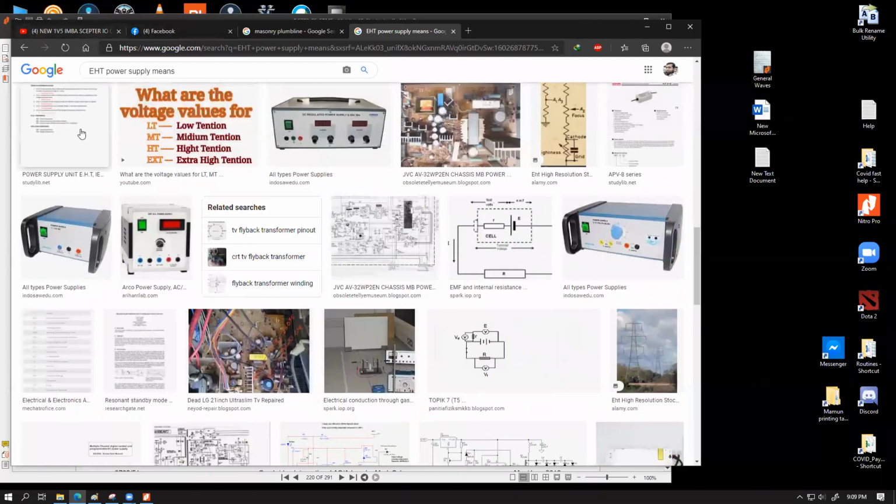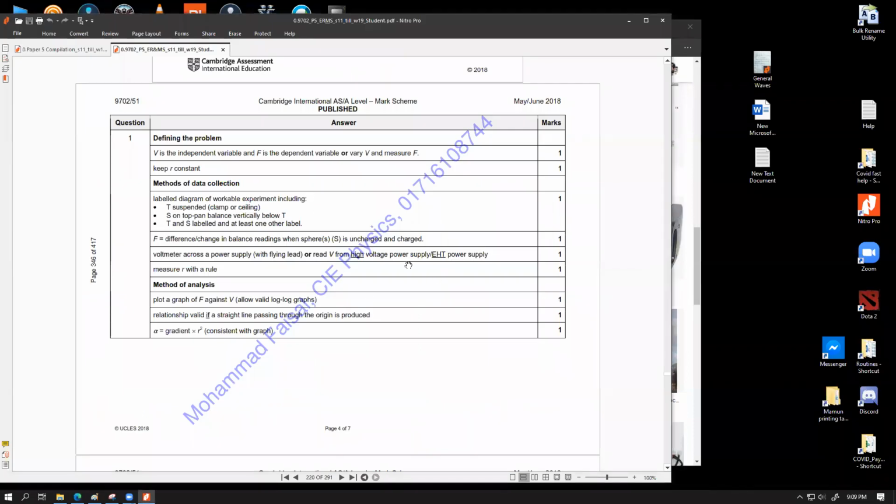Anyway, I moved here from the idea of EHT supply. So you can also have an EHT supply. If someone thinks about this, that is also apparently acceptable, because this is laboratory equipment that might be found, though not very common in my opinion, at least in the laboratories that we have. Measure R with a rule. That's it. Good. Method of analysis: plot a graph of F against V, allow log graphs, addition valid if a